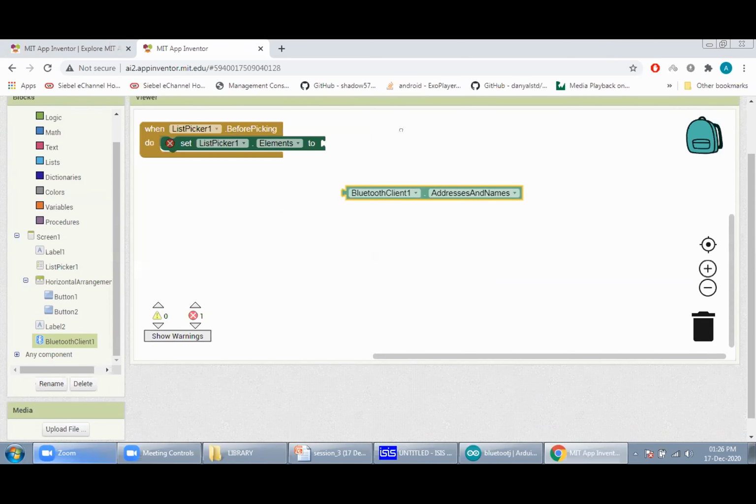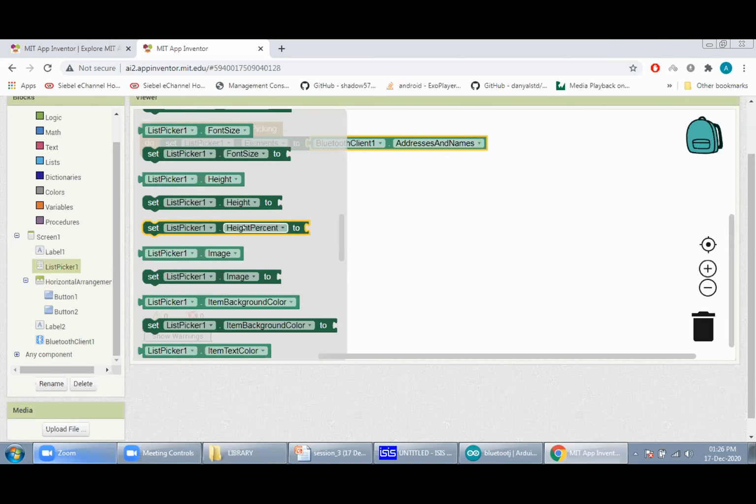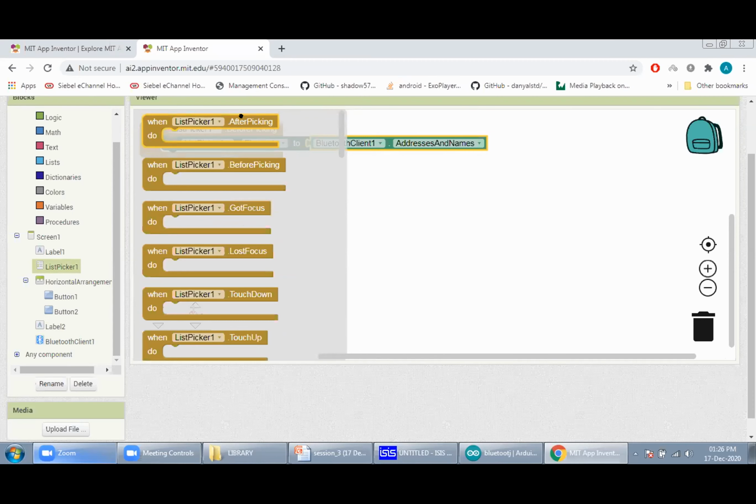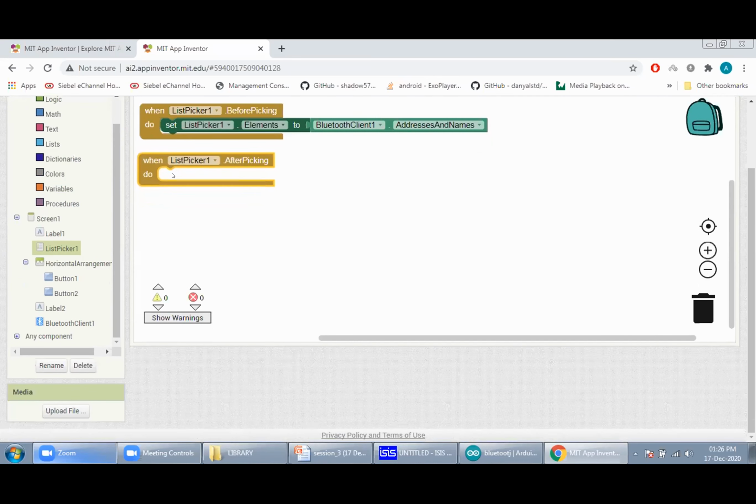This. So before the list is showing in front of you, we need to show all the Bluetooth clients connected with us in the list. Then after that, if we select any particular connection, that is after clicking, we need to have some kind of if else condition,